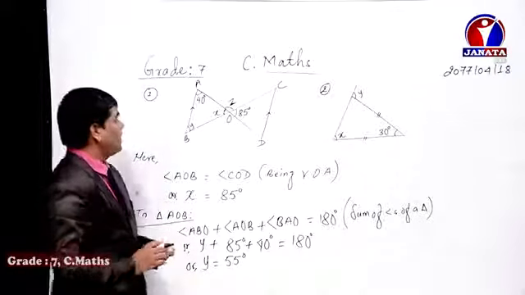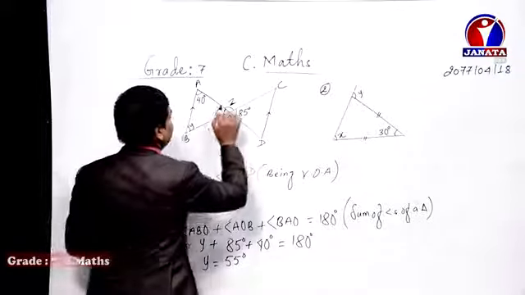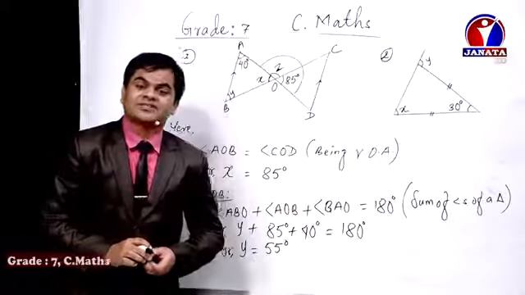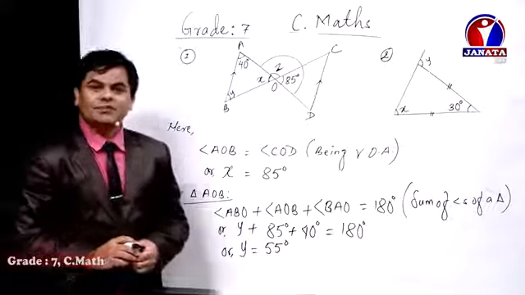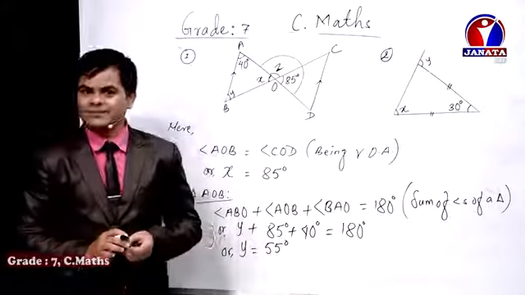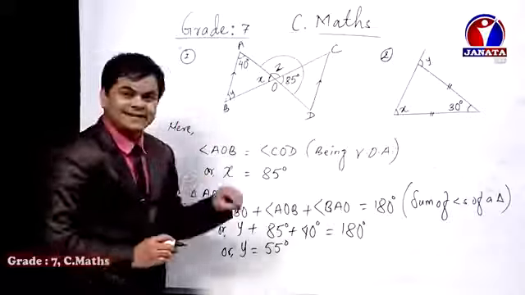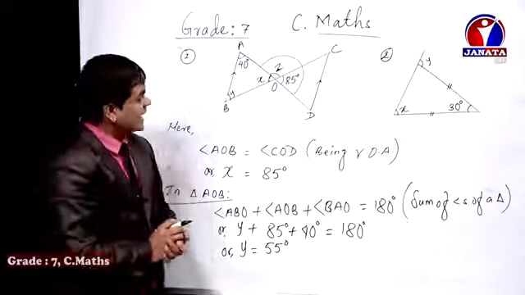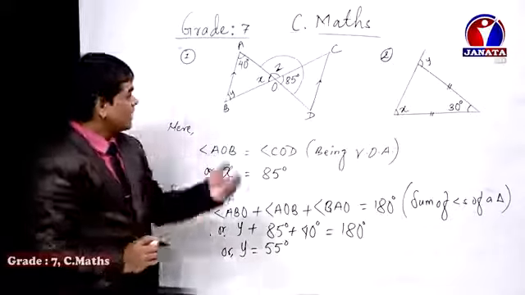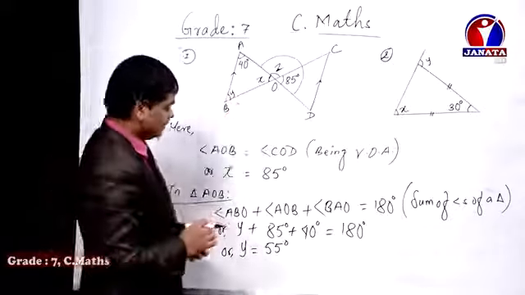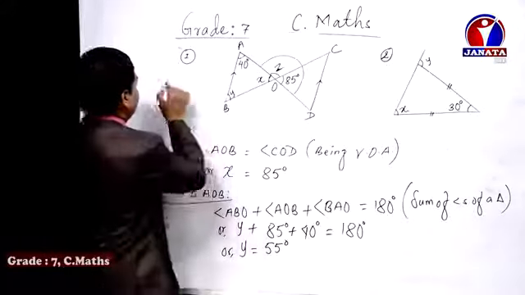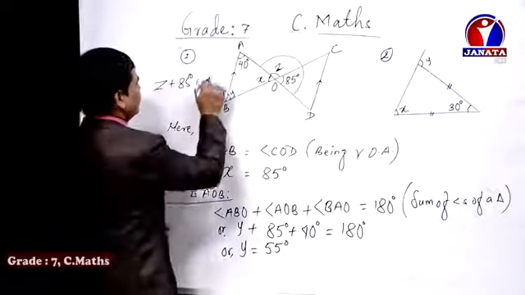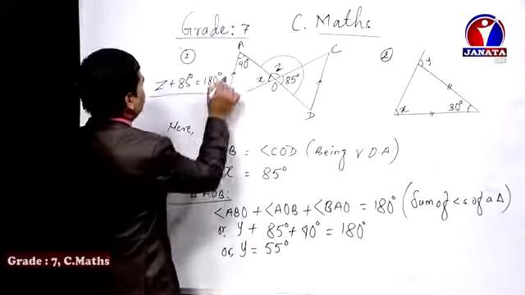In order to find out the value of z, dear student, we can use the concept of supplementary angle or adjacent angle, and some people call this a linear pair as well. Whether you say linear pair, supplementary angle, or sum of adjacent angles, their sum becomes 180 degrees. So you can take that one. How? z plus 85 degrees equals 180 degrees, sum of supplementary angles.